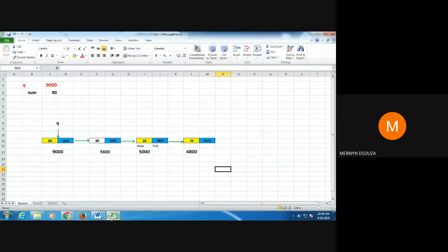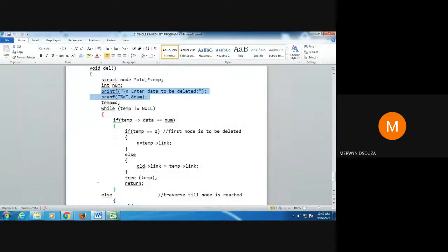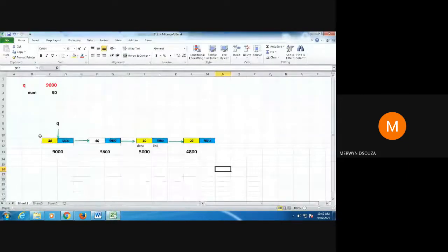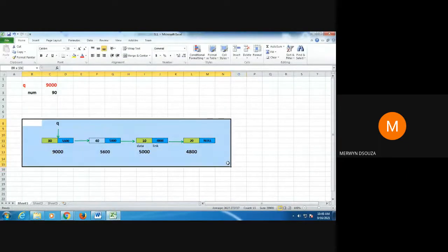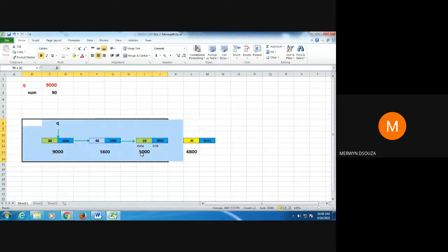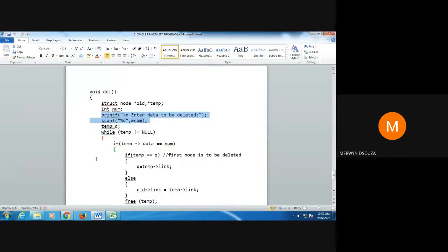Let me trace the function and show you that some message will be displayed to the user, like element not found or node not present. Why will that message be displayed? Because the data entered by the user, 90, is not present in any of the nodes of the single linked list currently. Okay, let's trace it out.